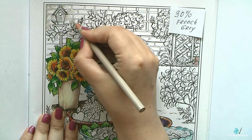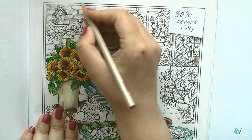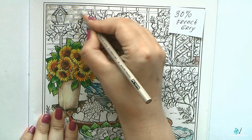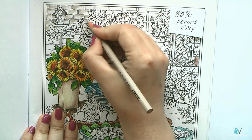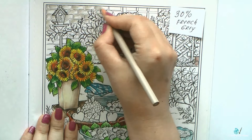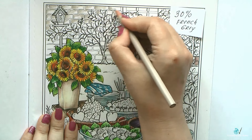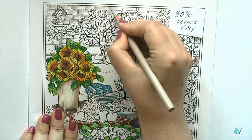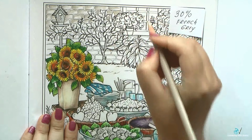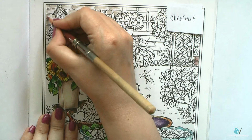stones, so that's why I will be using 30% French grey as a main color, but you can see that I cover only part of each of the bricks using this French grey color, and I will be mixing this color with chestnut. I want to add some reddish tint to the bricks, but I try to apply chestnut only in small amounts and with very light pressure. Chestnut is a relatively bright color, it can be quite intense, but here I only want a light touch of